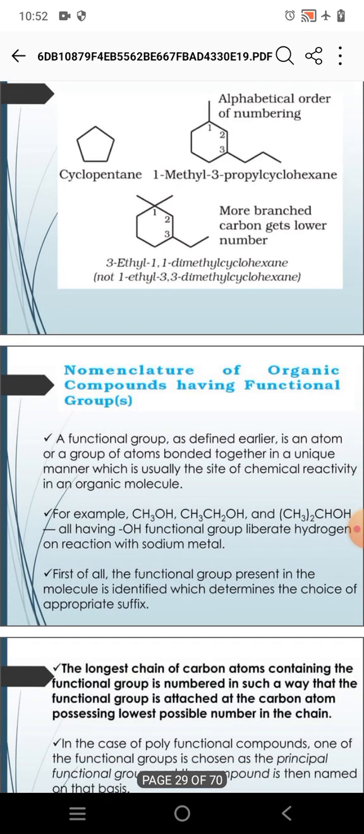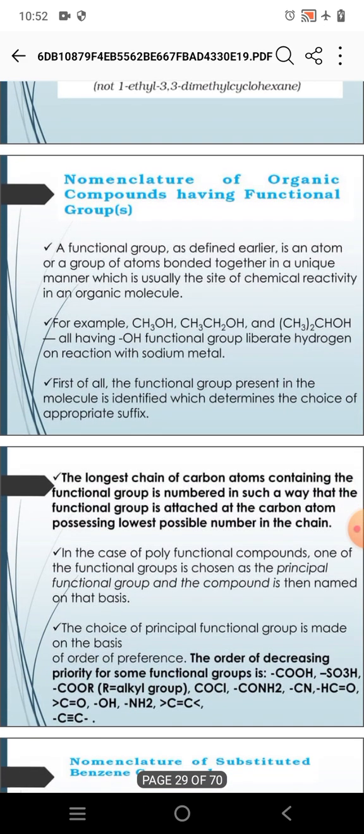Cyclopentane, 1-methyl-3-propylcyclohexane. There is an alphabetical order of the numbering. And next, the more branched carbon gets the lower number. Okay. And the name is 3-ethyl-1,1-dimethylcyclohexane, not 1-ethyl-3,3-dimethylcyclohexane. Okay. Then the next is